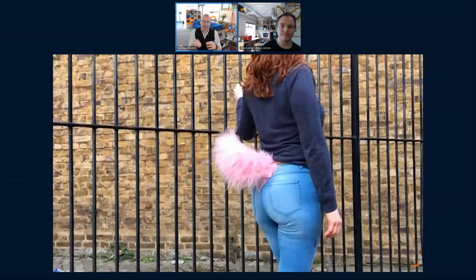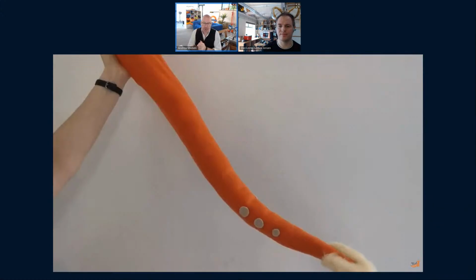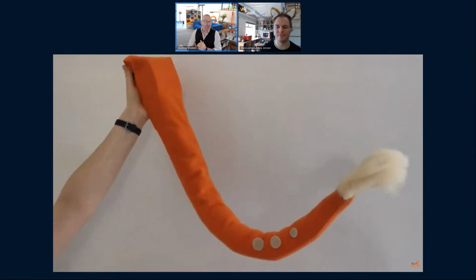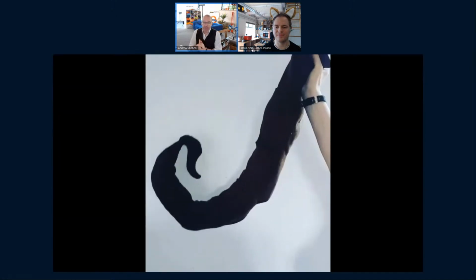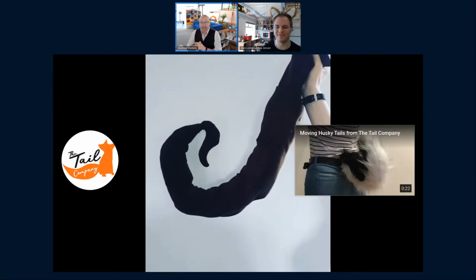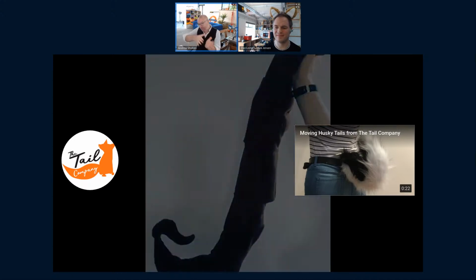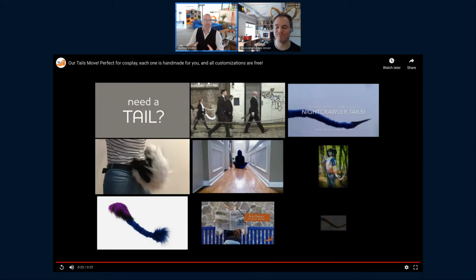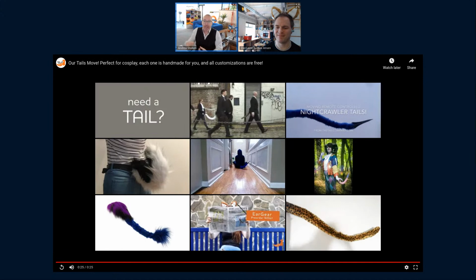The original tails were remote controlled. They have 9 moves, and you can call them up on a remote. And I was absolutely blessed to meet Leinir, who allowed us really to take that into a new direction and open up all the possibilities that software would give us. Let me just show you what I mean by that. We have the digitails, which are the app-controlled tails, which Leinir wrote,